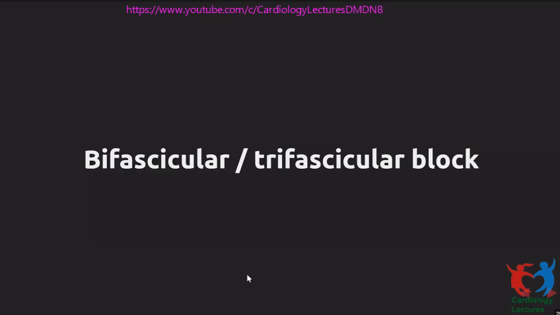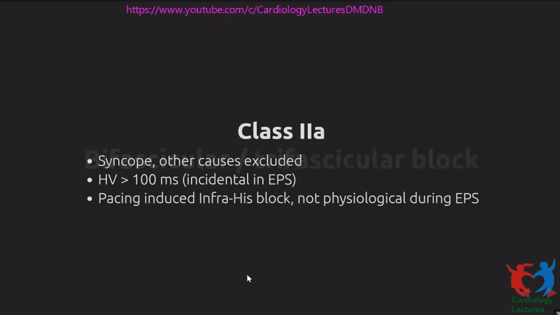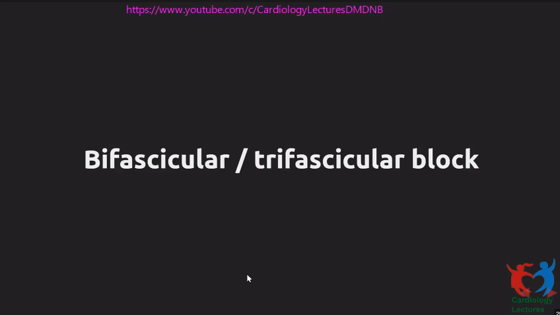Now, after first degree AV block, we have the conditions of bundle branch block and fascicular blocks, and what are the indications to pace in this. So a little bit about the terminology. We are basically describing the cardiac conduction system as consisting of three fascicles, and the three fascicles would be the right bundle, the left anterior fascicle, and the left posterior fascicle.